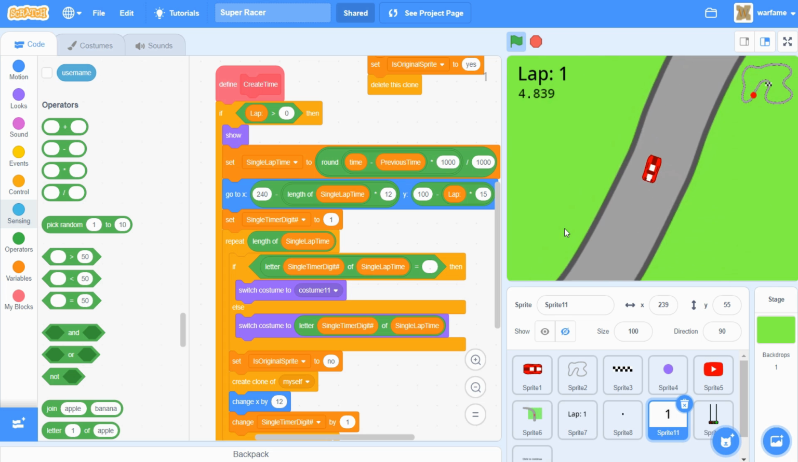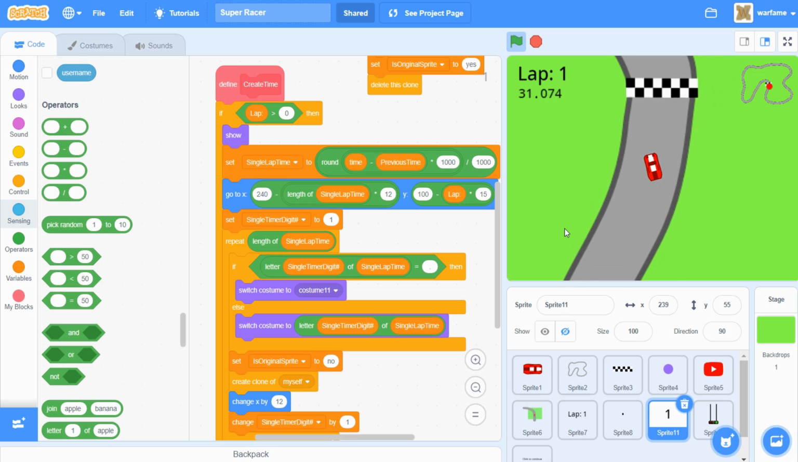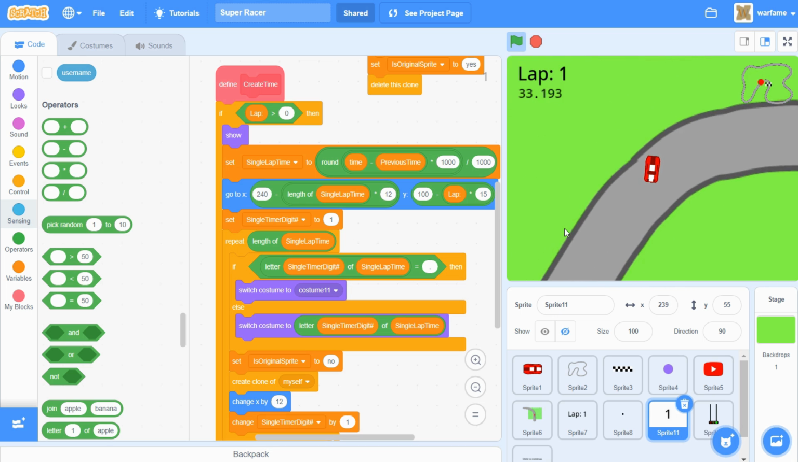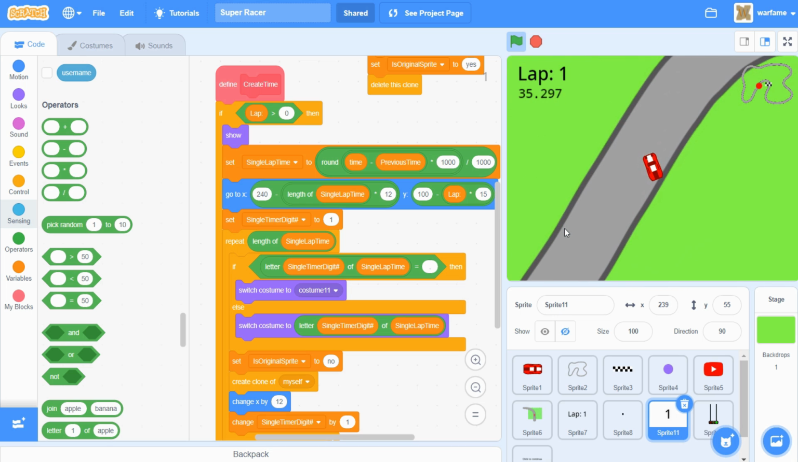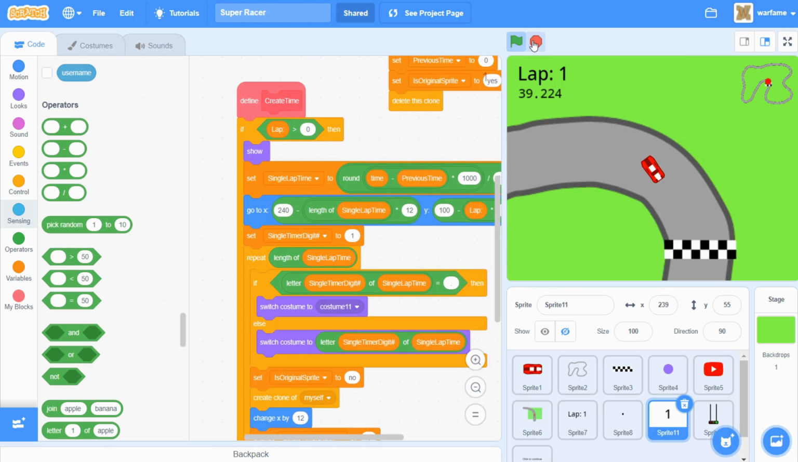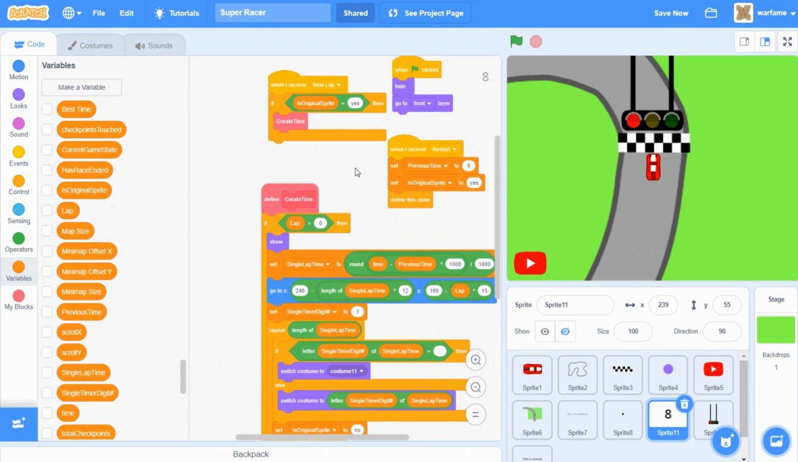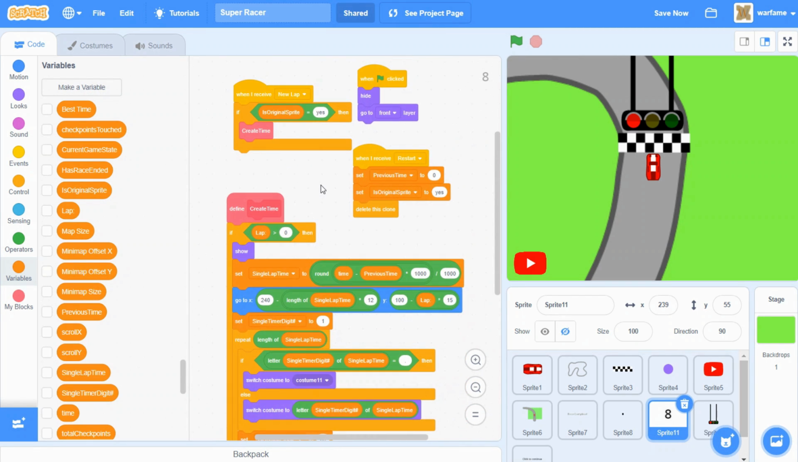Okay, so I just completed the first lap, however, the lap timer did not show up. So let's see what's wrong. Okay, so I think it has to do something with the checkpoint sprite, but first off,